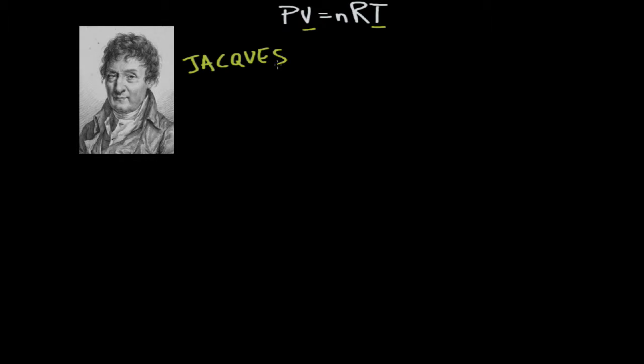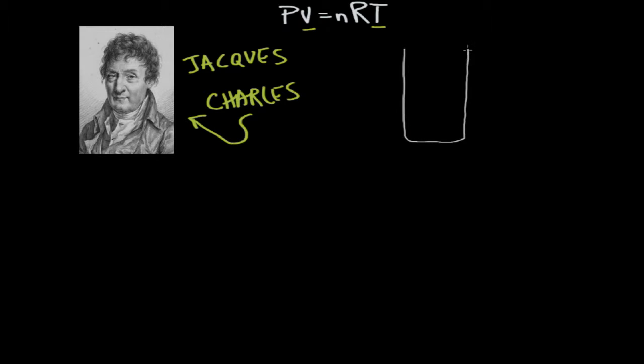And if I didn't look up the pronunciation for this man's name, I probably would have said Jacques Charles, but it's Jacques Charle. And this French physicist also liked experimenting with gas, and actually turns out he was the first person to fill up a hot air balloon with hydrogen gas and fly solo. But in Jacques' experiments with gas and temperature, he found that if you heat a gas in a closed container,